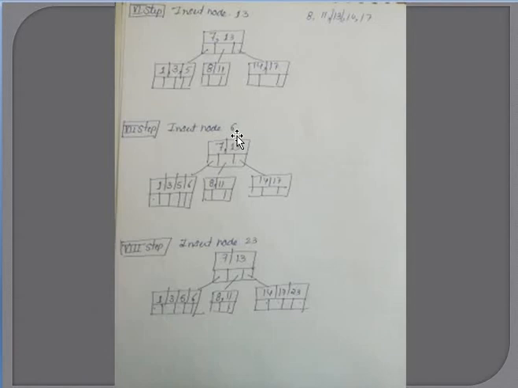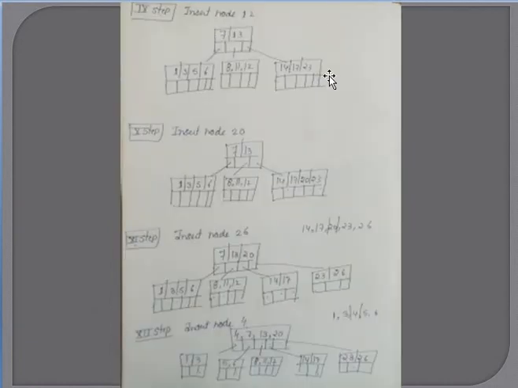Next we are inserting the element 6. After inserting the element, the tree will look like this. Next element that we are inserting is 23. After inserting 23, the tree will be like this. Next we are inserting the element 12. Next is 20. After that, the next element that we are inserting is 26. If we insert 26, that will come at this place. So the elements are 14, 17, 20, 23, 26. It will split at 20 and the key 20 will come at the root node. After this, the tree will look like this.